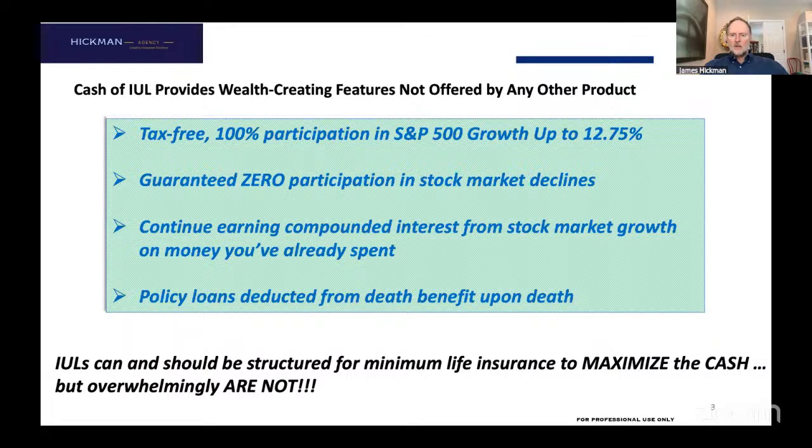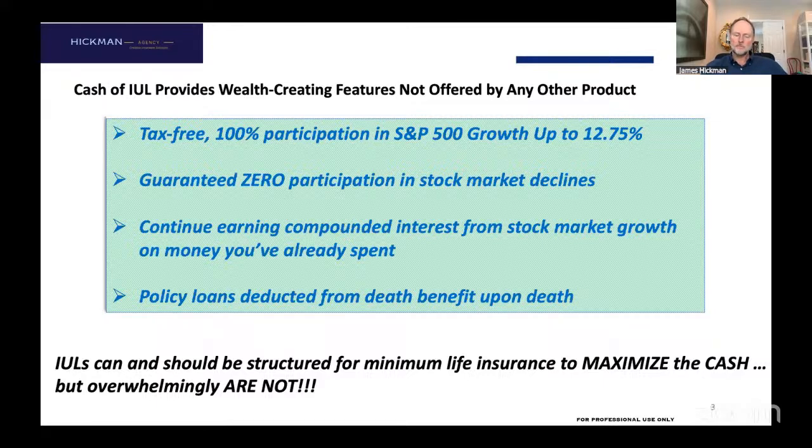Here's the next thing. When you pull money out as a policy loan, as I just explained, you're actually borrowing the money out of the cash of the insurance carrier. You're not touching your own cash in the plan. Okay, so you've got cash in your plan. You could take that cash out if you wanted to. That wouldn't be a policy loan, and that would be tax-free up until you reach the point where you had a profit in your plan. But if you take money out of your own cash, you're not going to keep getting up to 12.75% growth on the money that you took out. You'd have less cash in your plan, right?